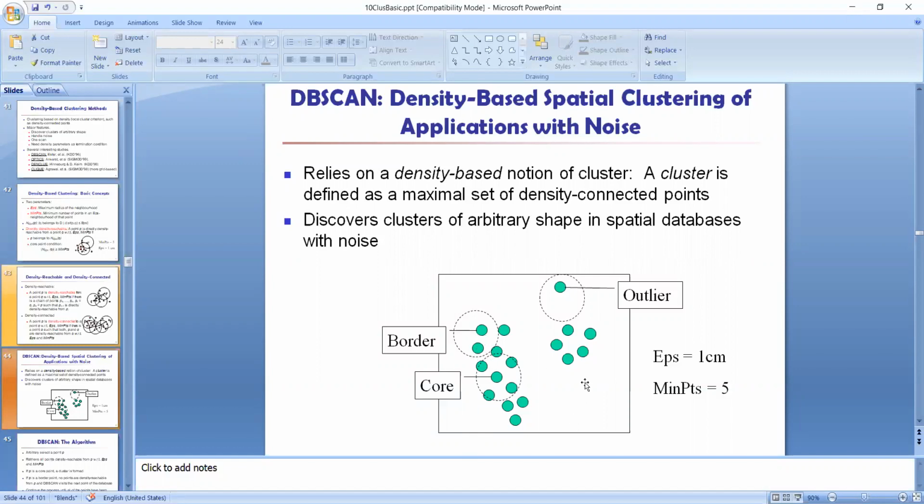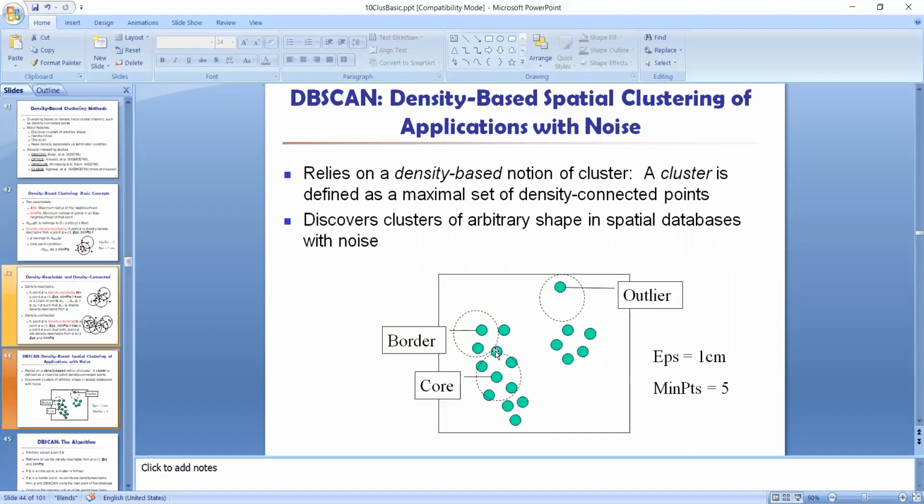point. Now look into this particular point. It is not a core point and it is not within the neighborhood of any core point. Then it is called an outlier, or noise. Such noise can be identified in the DBSCAN method, and we can avoid those data points. Okay, so I hope you understood the difference between core point and border point.